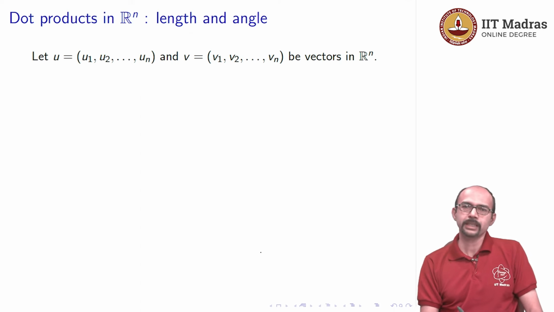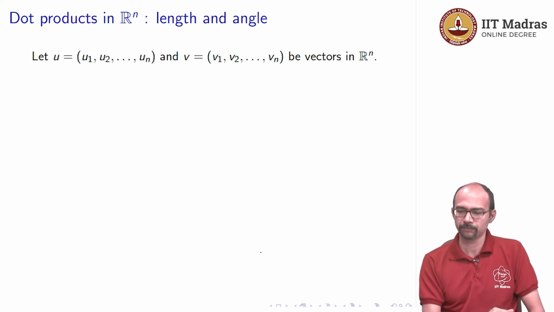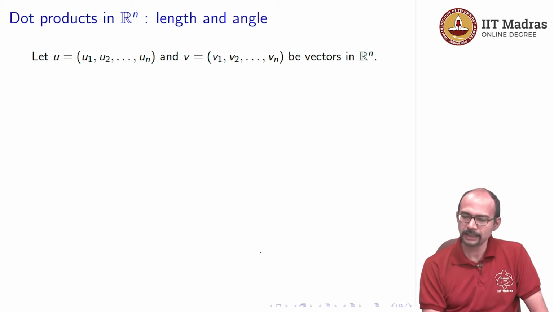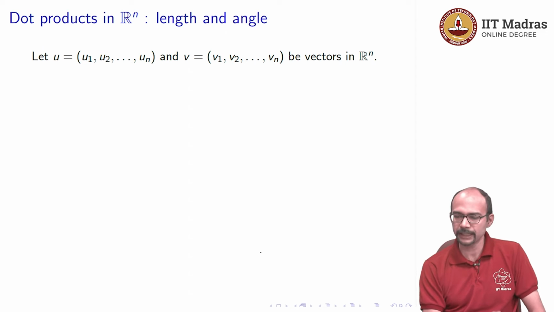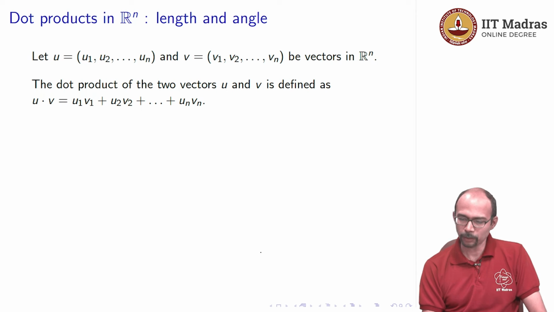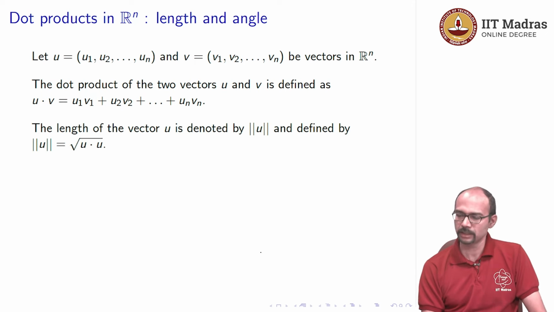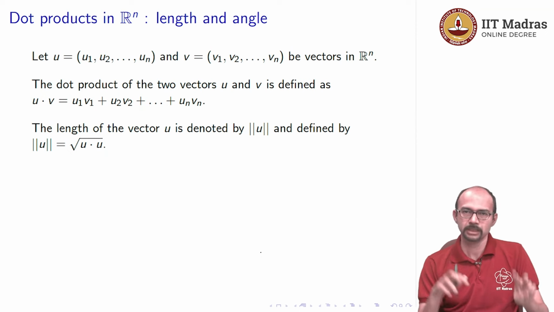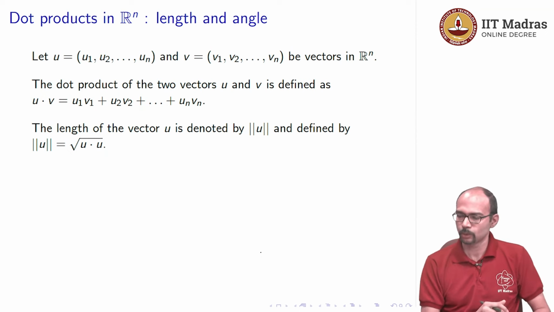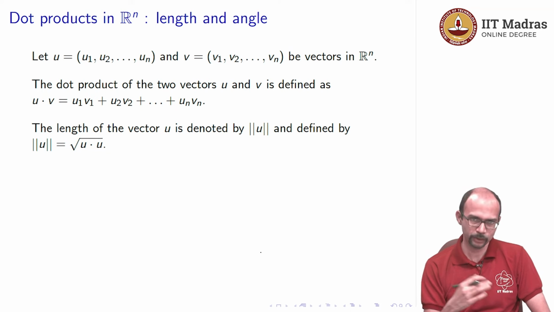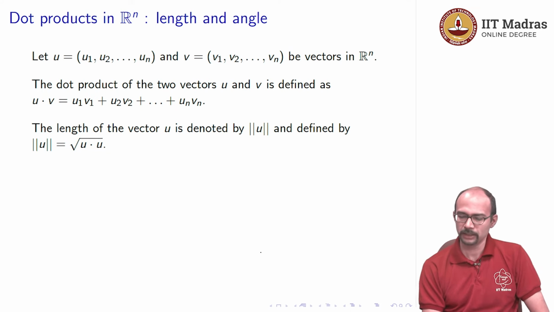Okay. And now we can make the general definition, that is, if you have two vectors u and v in Rn, the dot product is defined as component wise multiplication and then addition. So, u1 v1 plus u2 v2 plus up to un vn. The length of the vector is denoted by these 2 bars. It is called a norm, which we are going to study in the next video. It is given by root of u dot product with itself,